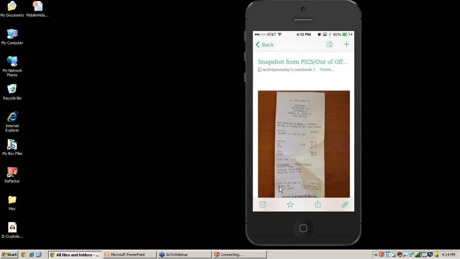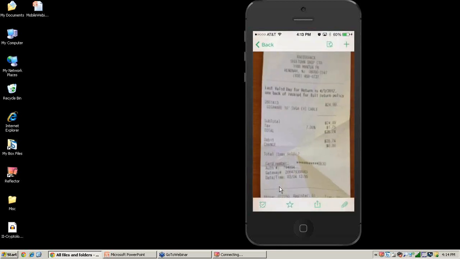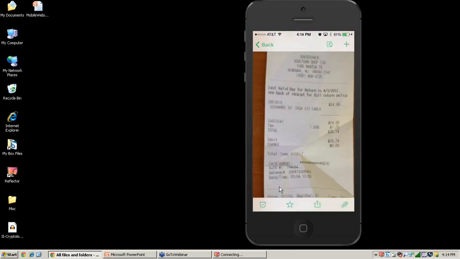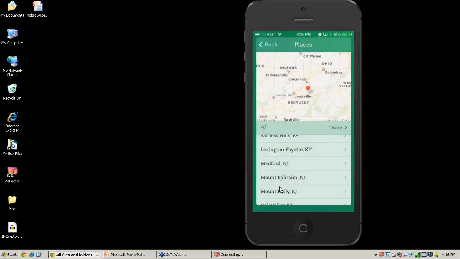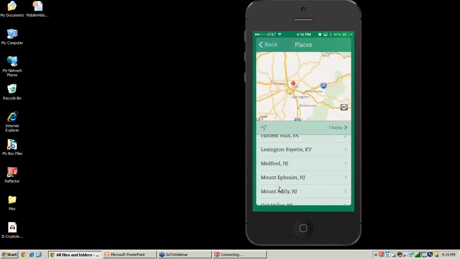And so for that expense report, I simply took photos of all my receipts. That meant that when I got back home and I needed to fill out that expense report, I could take a look at any of the photos that I had added from that specific location, making them really easy for me to find. That way I didn't have to add any keywords or anything like that. I could simply find them by location.